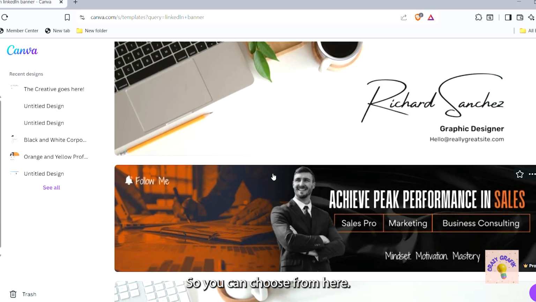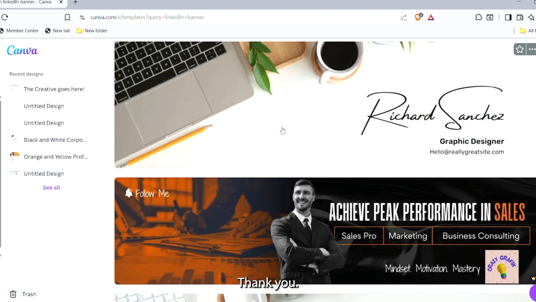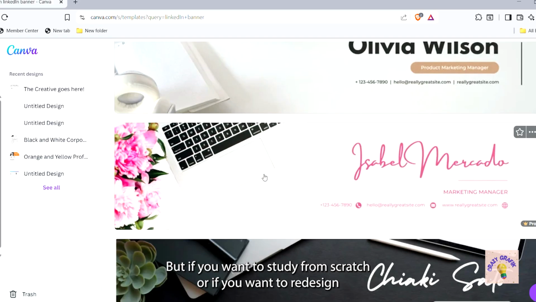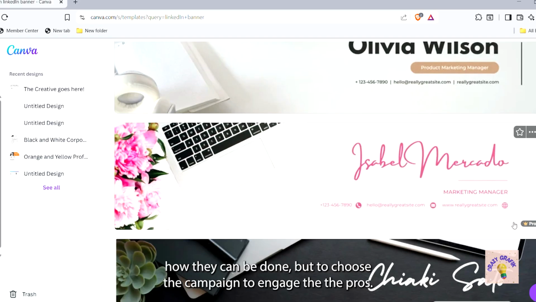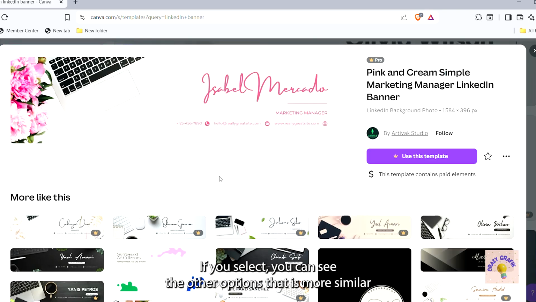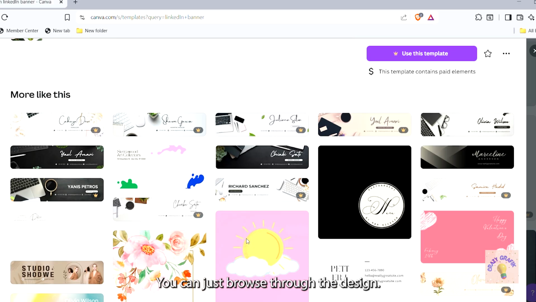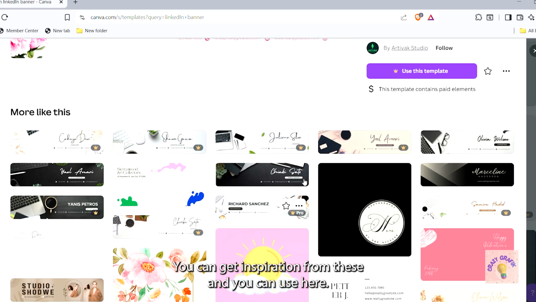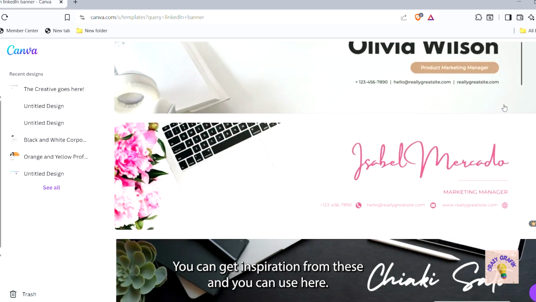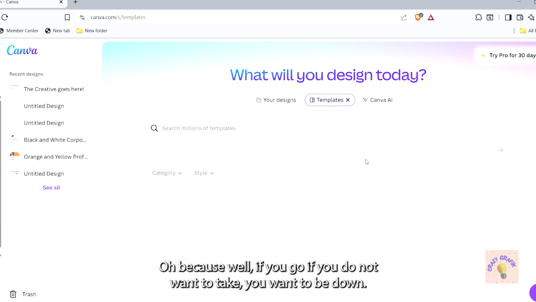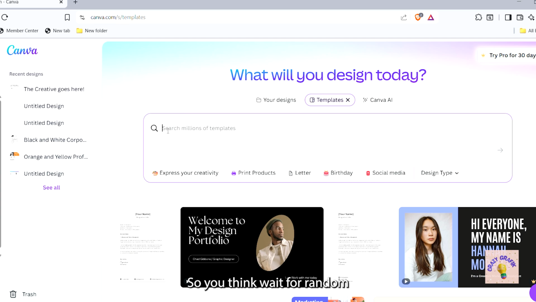So you can choose from here, as you can see, there are so many options. But if you want to start from scratch, or if you want to redesign, obviously we're not gonna choose the crown size one because this is the pro. But here is the thing: if you select one, you can see other options that are more similar to the picked one, and you can just browse through the designs. You can get inspiration from these, and you can make your own as well if you do not want to pick from here. So let's pick one for LinkedIn